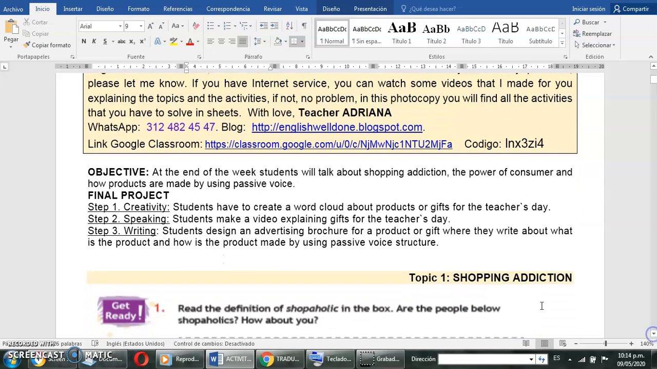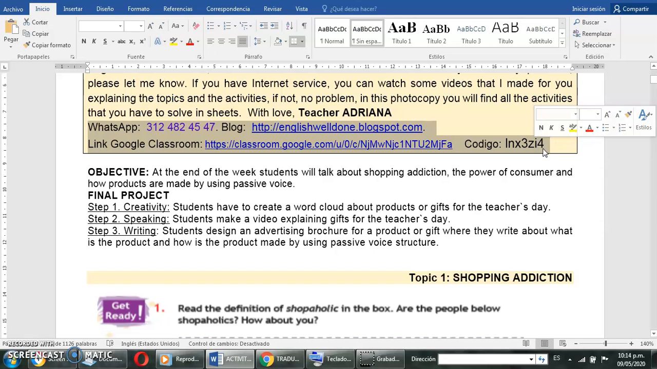Here we write my cell phone number, the blog, and the link from Google Classroom and the code because you're going to interact by using